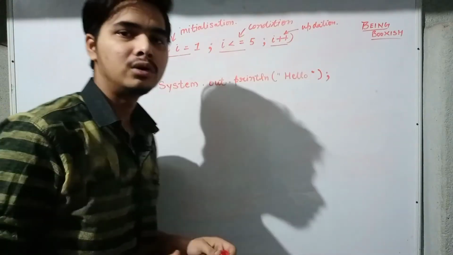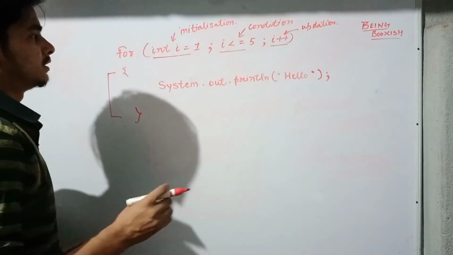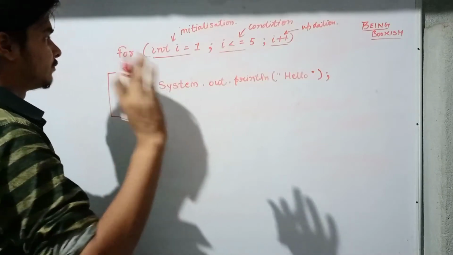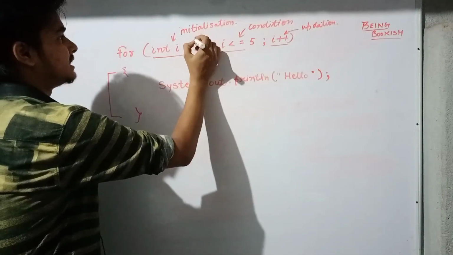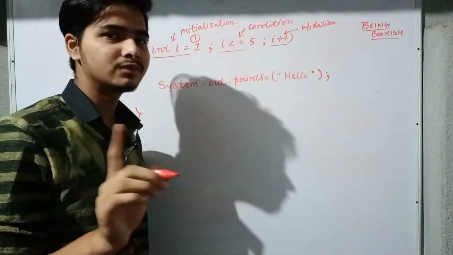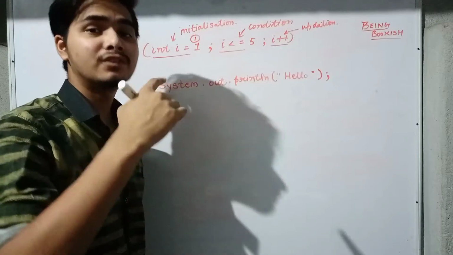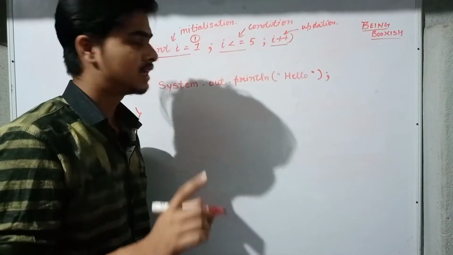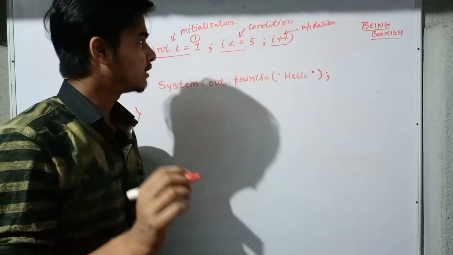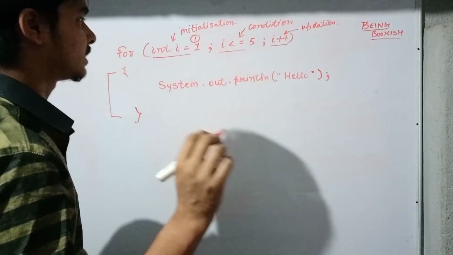Now, how does a for loop really work? Let us try to understand. First of all, the for loop initializes the value, and this happens for the first time only. Afterwards there is no initialization. This is the first thing that happens, and after that it will not happen again. Don't worry, I will take an example and show you how it really works. Just focus on what I am trying to say.